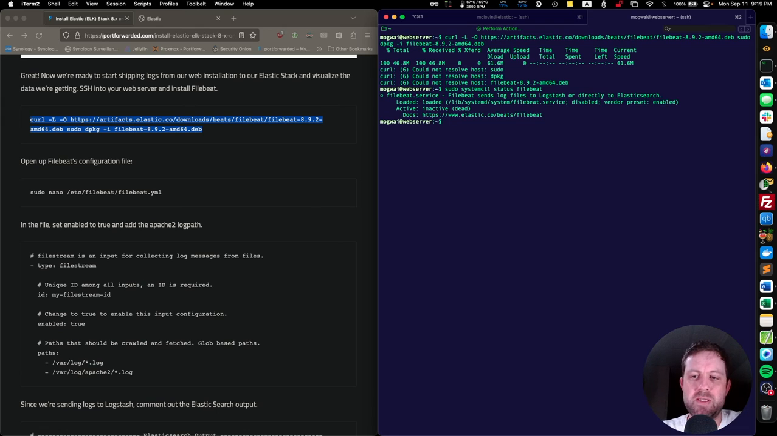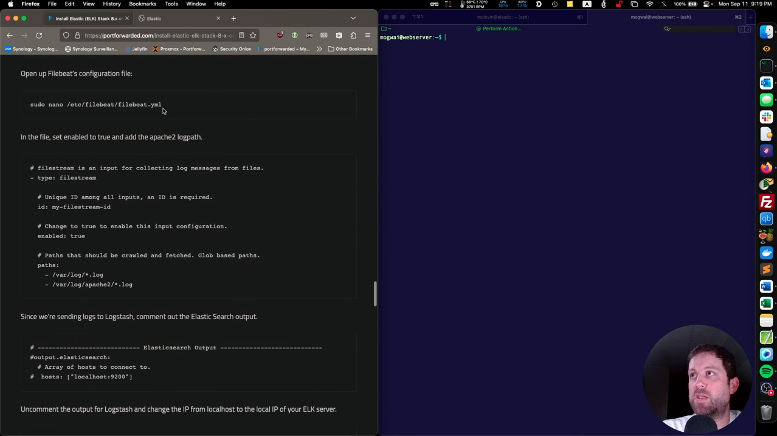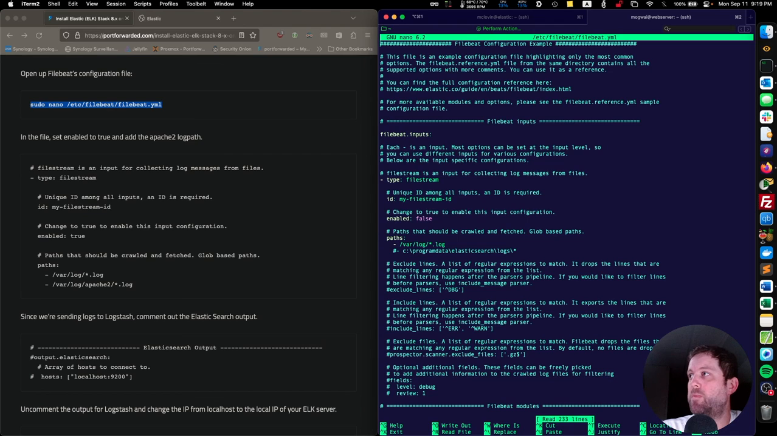So I had previously installed this, but once you copy and paste this curl command, it'll automatically install the package for you, which then you can configure and then start the service. So that's where we're at. So now what we want to do is we also have a .yml configuration that we want to open, and